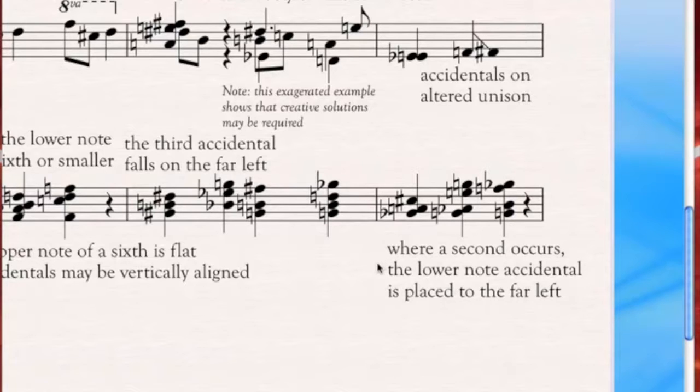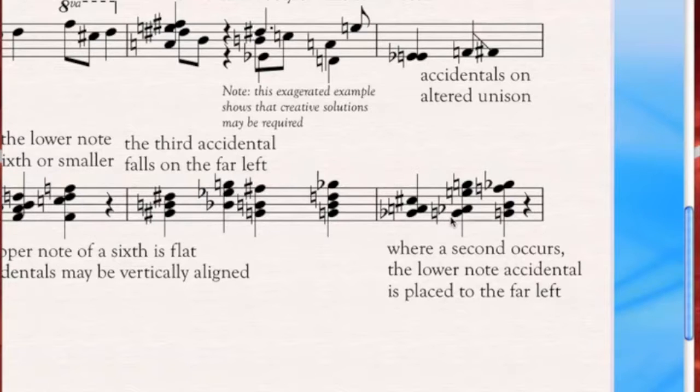Where a second occurs, the lower note accidental is placed to the far left. Well, that's pretty self-explanatory. As you can see right here, you have an interval of a second, so the lower note is placed to the far left after you follow the rule for the first two accidentals. Same thing here. This one's close to the note, this one's to the left,